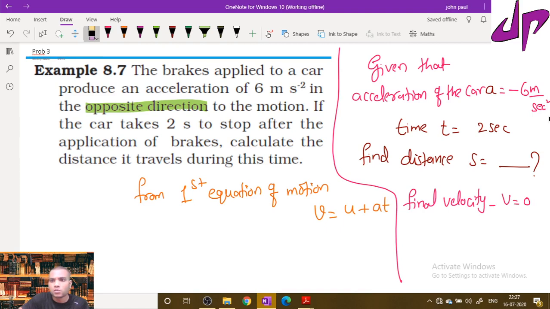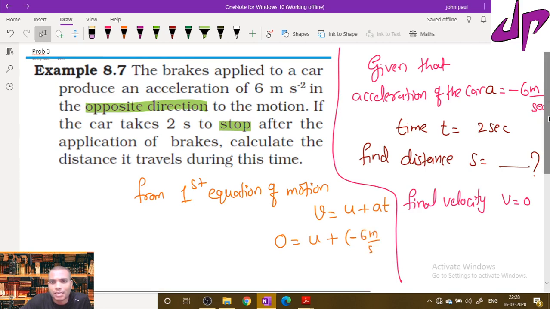Why? Because in the given problem they said it is stopped. If a vehicle stops, its final velocity equal to 0. So we can substitute those values here. Final velocity v equal to 0. I need to find u, plus acceleration is given negative 6 meter per second square and the time is given 2 seconds. So you can cut 1 second square in 1 second, and I can get